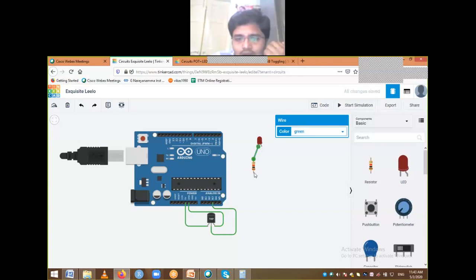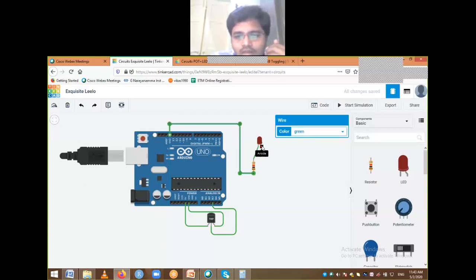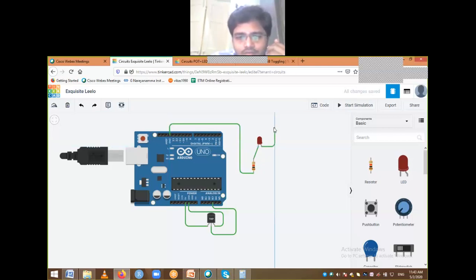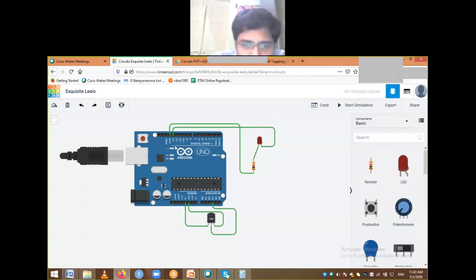This one has to be grounded, and the other end I need to give to some digital pin to make it high or low. This time we shall select the 13th pin. When I give it to the 13th pin, on board I also have something, as you can see, L, that is the built-in LED. It will glow and this one also will glow.